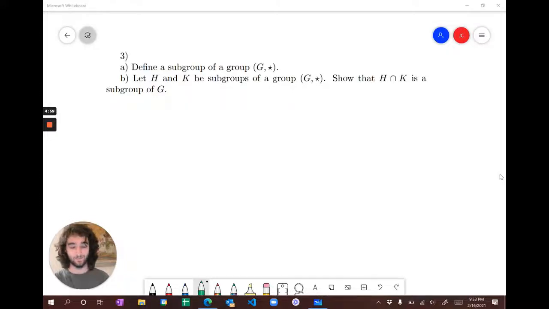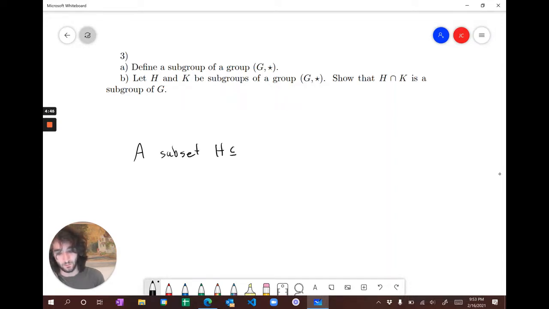Number 3, define a subgroup of a group G. There are many equivalent ways to define a subgroup. My favorite way is like this. A subset H of G is a subgroup